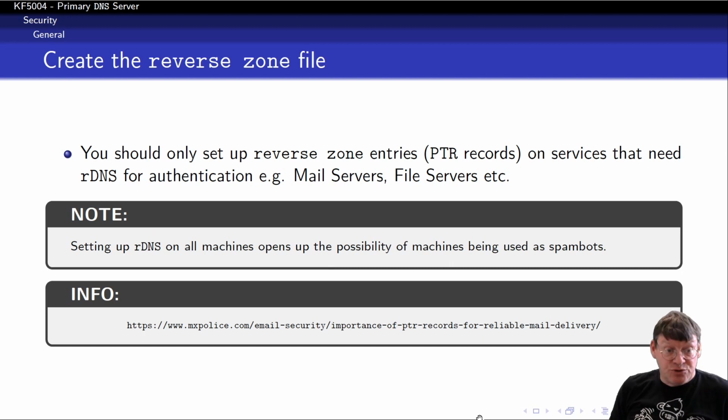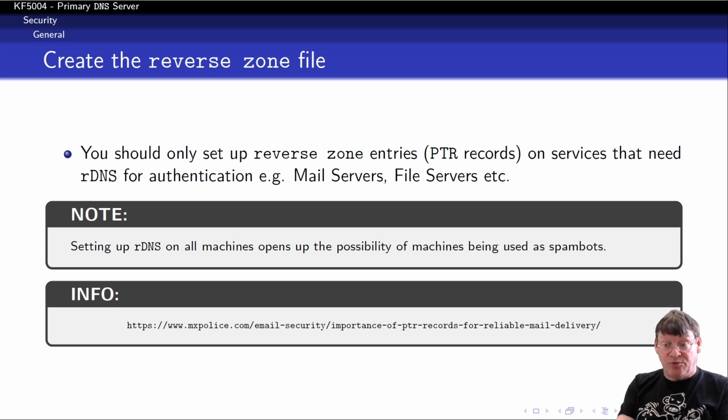Now, as I said, you should use your PTR records sparingly. PTR records allow machines or a device to have both an IP address associated with it and a name, and you can actually follow both a forwards and backwards check. That technique is used predominantly for authentication of machines. So what you don't want to do is add that to every single machine,